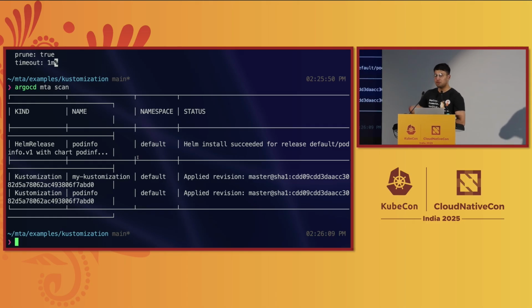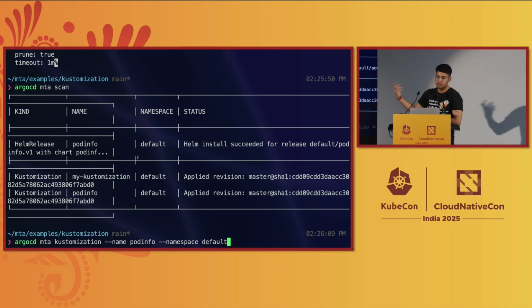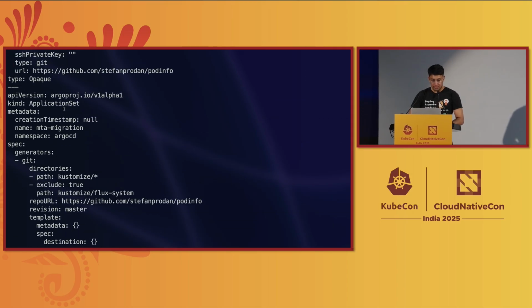Now, if I want to get this converted to an ArgoCD application resource, again, the command is going to be fairly simple how we do that for Helm release. It's like ArgoCD MTA customization, and my name, that's it. So you're going to provide the pod info as a name, because that's the name of the customization we want to actually convert to an ArgoCD CR. And since it resides in the default namespace, we just provide the namespace flag, and it does that. So if I try it, it actually generates me an application set. So MTA generally generates application set for your customization objects, for your Flux customizations,